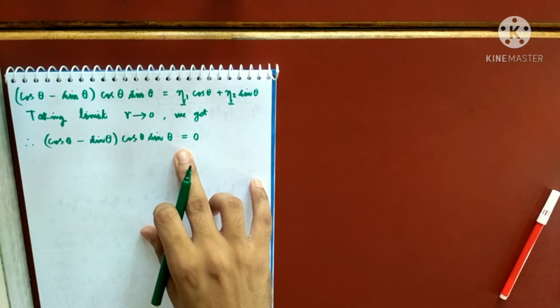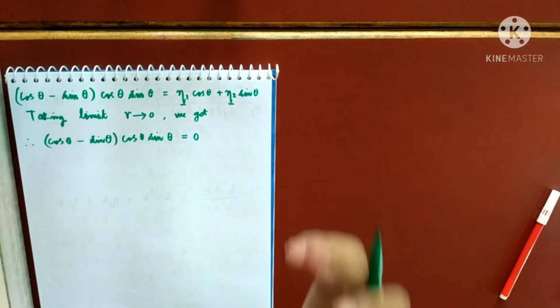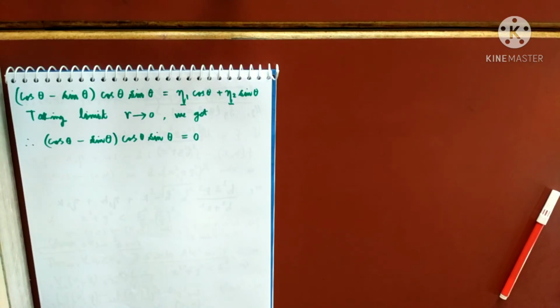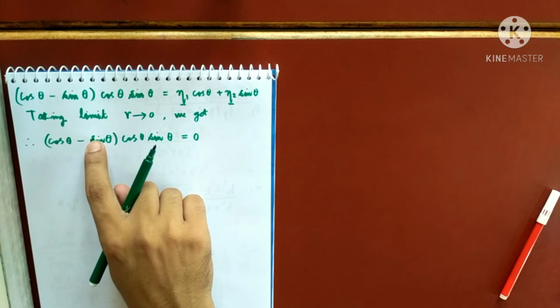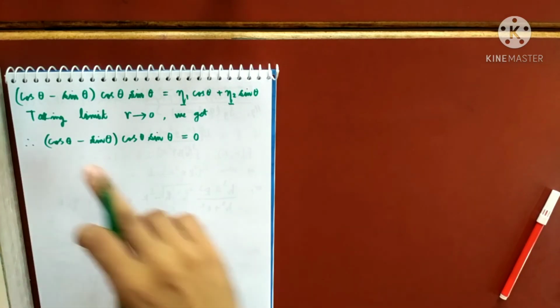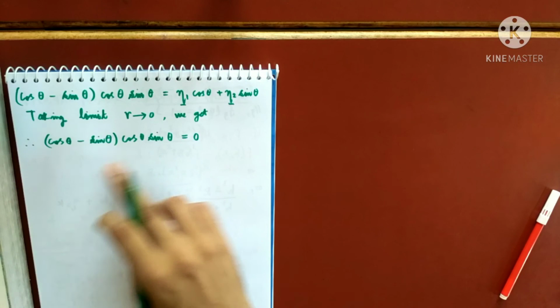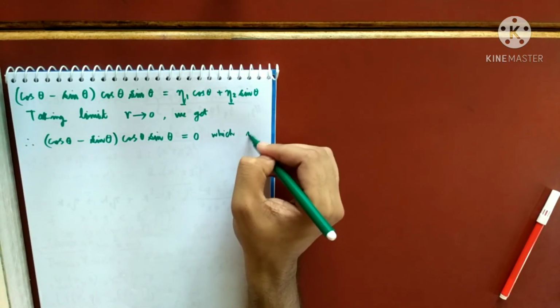If I choose theta equals pi by 4, this will hold because this quantity will be 0, but it should be true for any value of theta. If I choose theta equals 0 or pi by 3, this will not be true. You can check by putting the values. Which is impossible